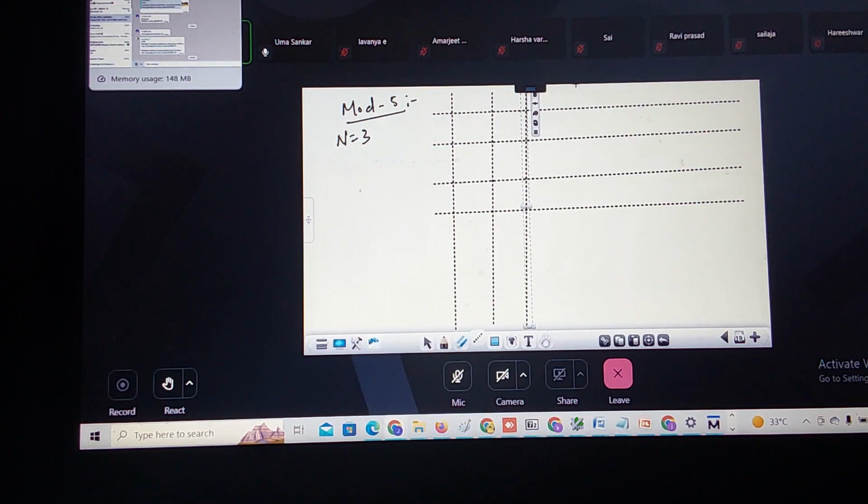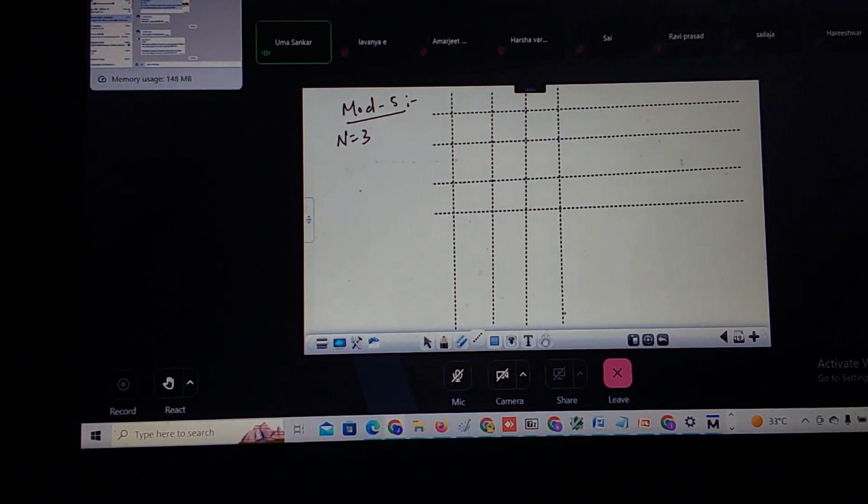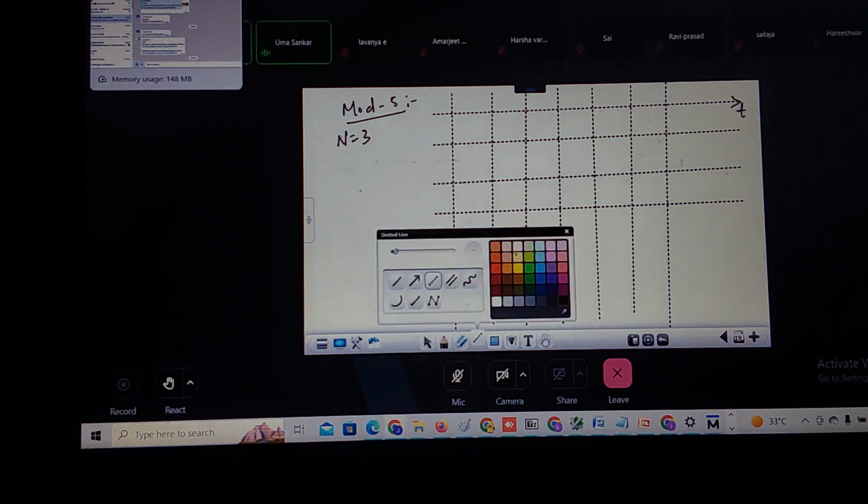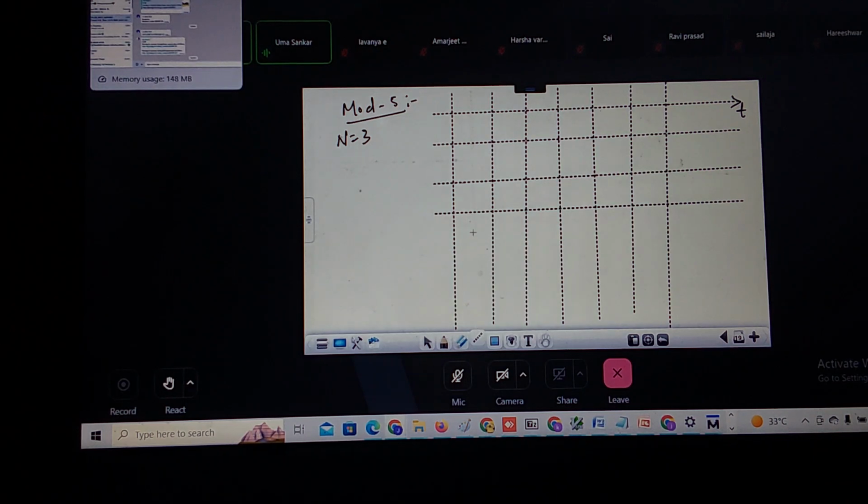The modified counter. How many clocks are required? You need 5 clocks, right? 5 clocks are required. Let us write the